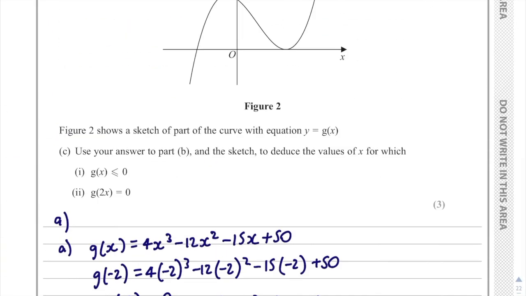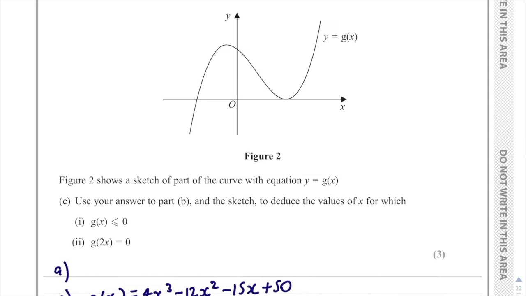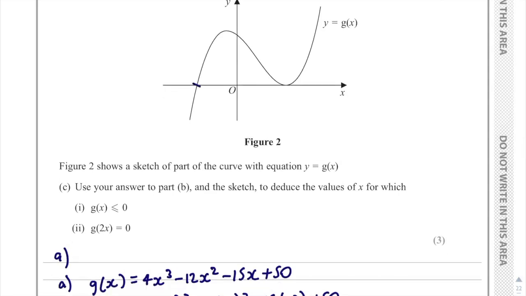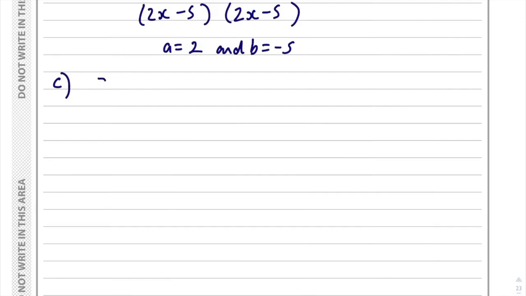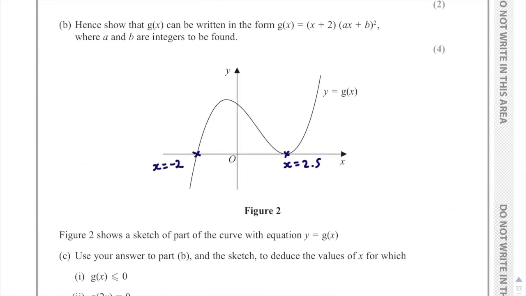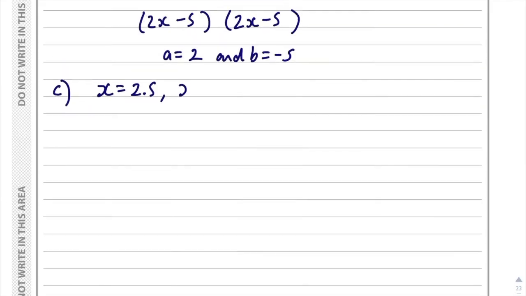But what we need to do in part I is see what values of x make g of x less than or equal to 0. So the first part is basically saying what values of x cross the x-axis or are below the x-axis. Well, if we use a graph, this point is x equals minus 2, and this point is x equals 2.5. Well, x equals 2.5 is our minimum point, which is a point where the graph touches the x-axis. So if I just get rid of this, we can say that x is equal to 2.5, and then our other values of x are where the graph is below the x-axis or on the x-axis. Well, that means that x is going to be less than or equal to minus 2. So that's the first part. The second part